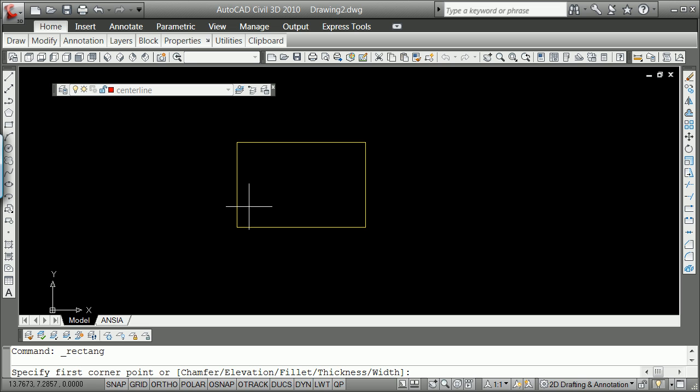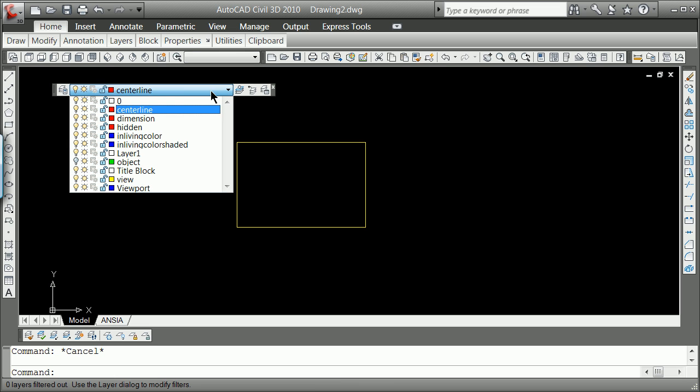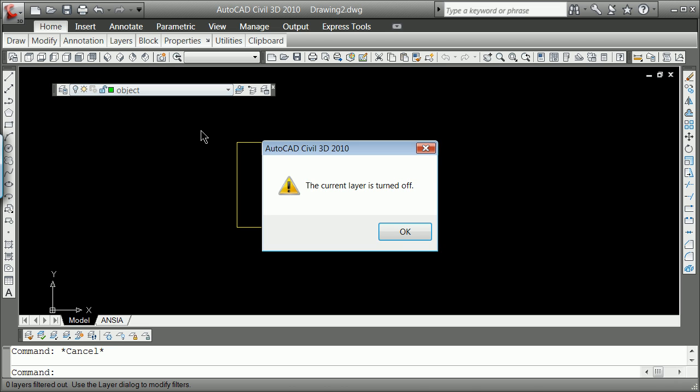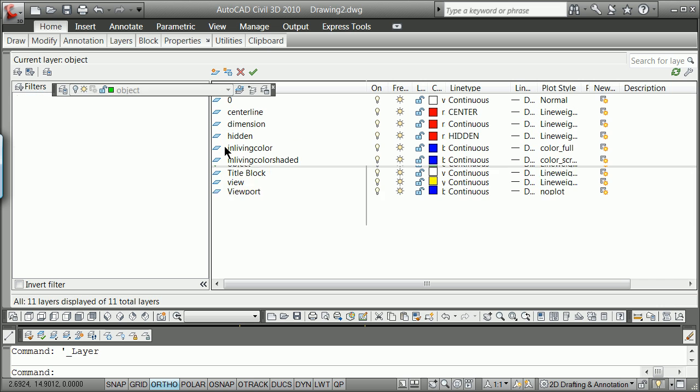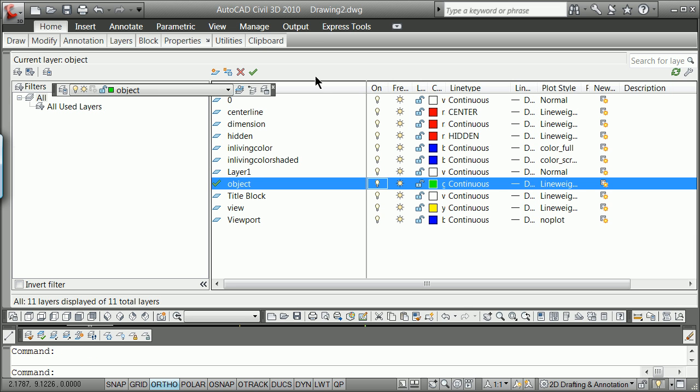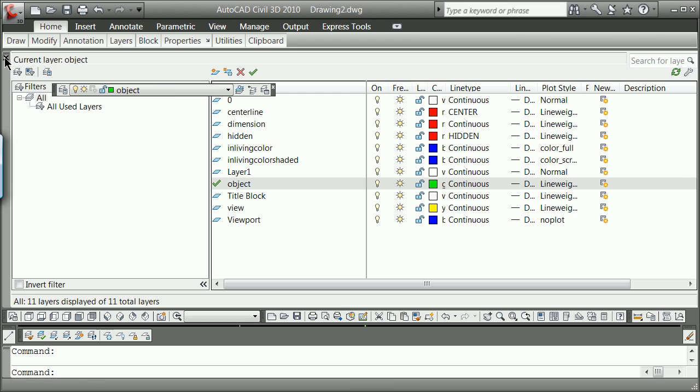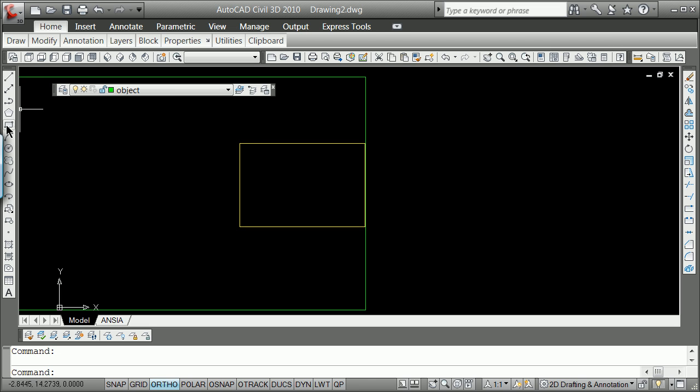I'm going to draw a box here on the object layer. I'm hitting escape. I'm going to go to the object layer and try to draft correctly. It's turned off. Remember, we can go to the layer command here and make sure everything's on, or at least the one that we're trying to draft is on. What I'm going to do is draft this box,